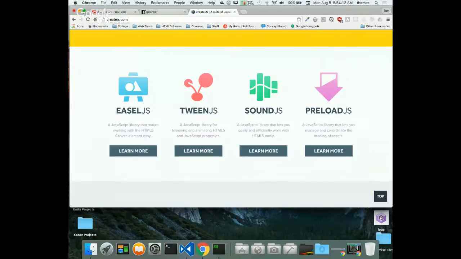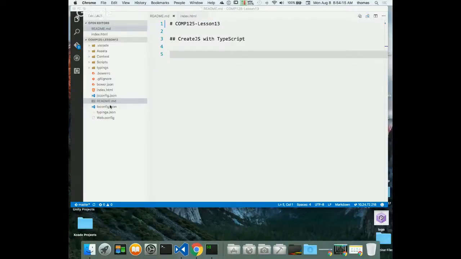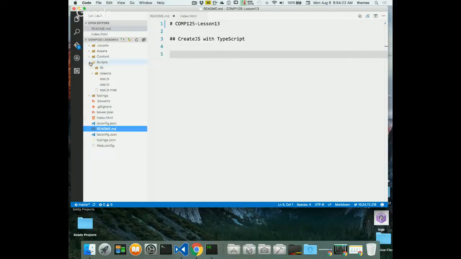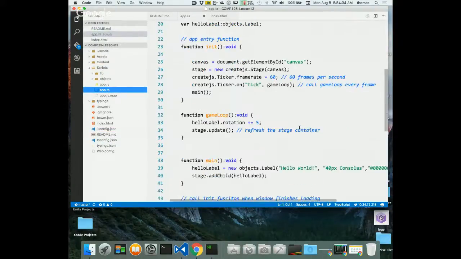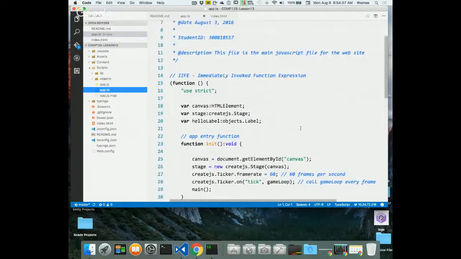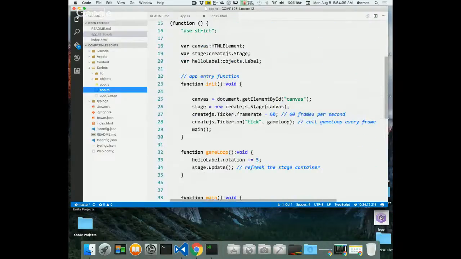Okay, let's keep going. So I've got this little project, and let's dissect it a little bit more. To talk about what we've done here, we've tried to handle it in a couple of ways. We're talking about two things here. One of them is TypeScript, and remember, we talked about TypeScript being a superset of JavaScript. Now we have TypeScript here, and you can see that